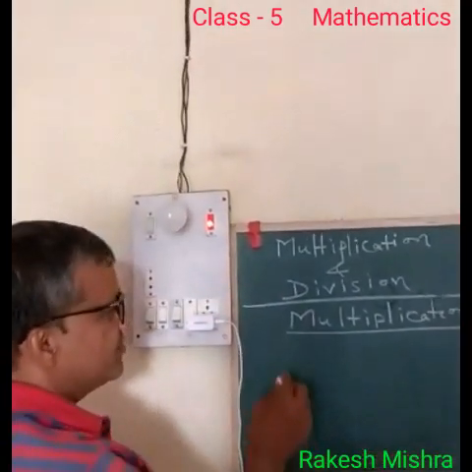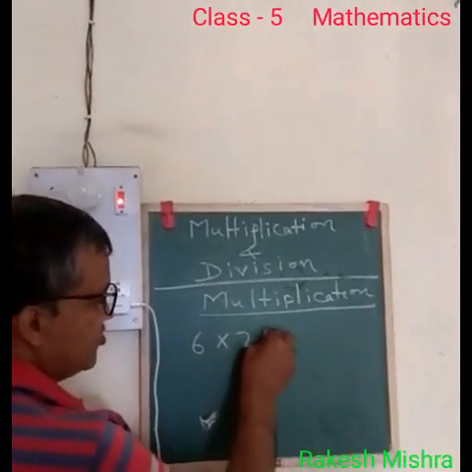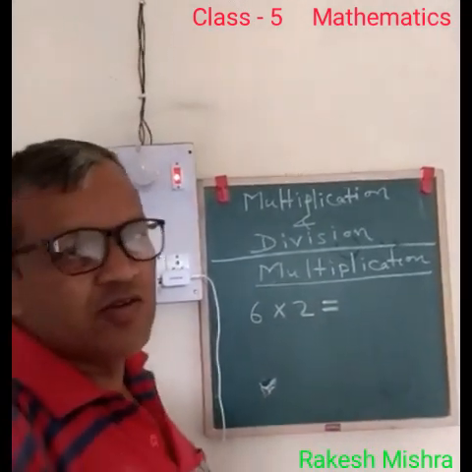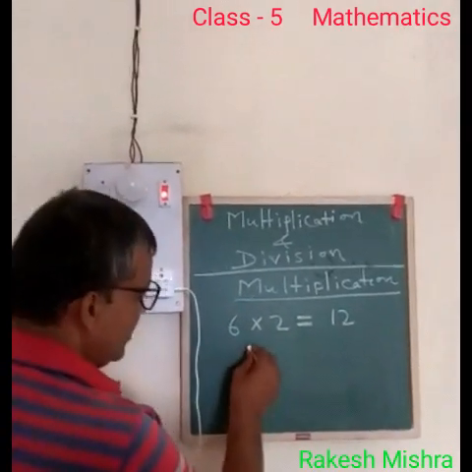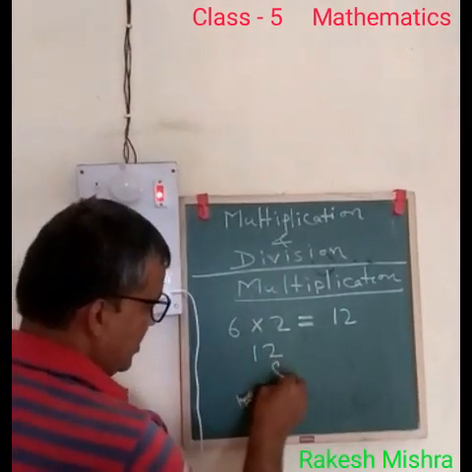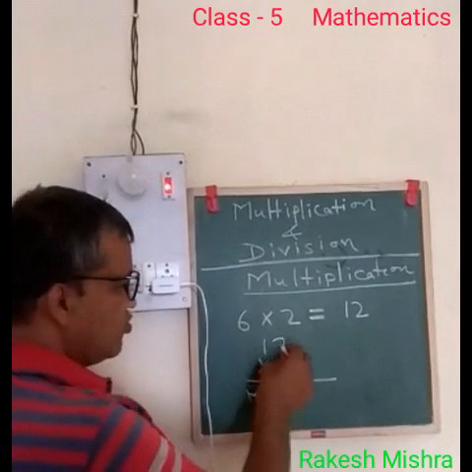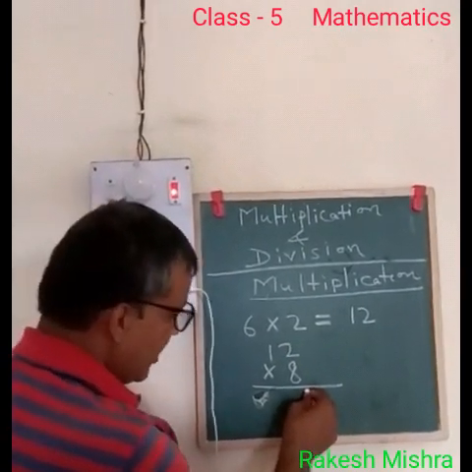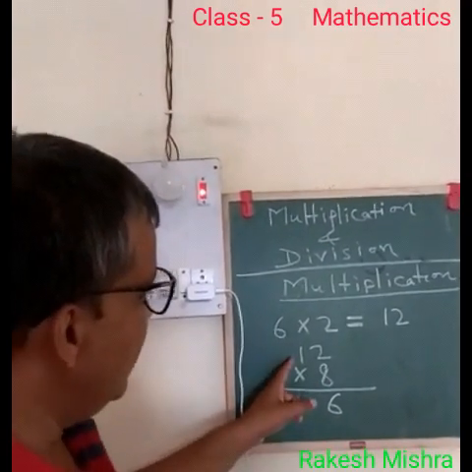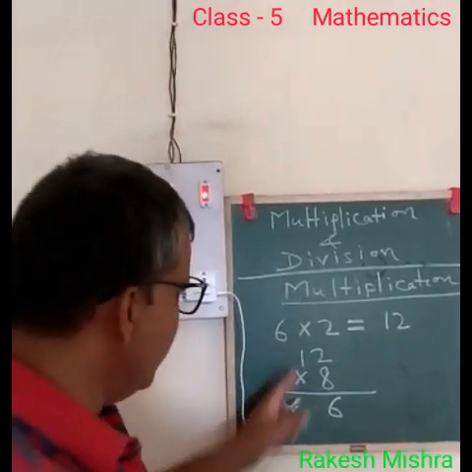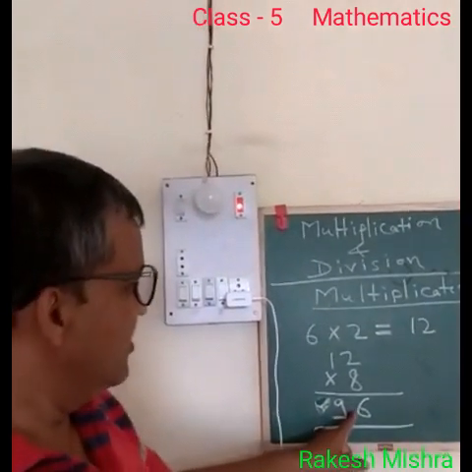Here we should know 6 multiply 2. What will be? You know 12. Similarly, 12 and 8 we have to multiply. As you know 8 twos are 16. Here we should write 6 and carry 1. 8 ones are 8, and that one will be 9. This 96 is the result of